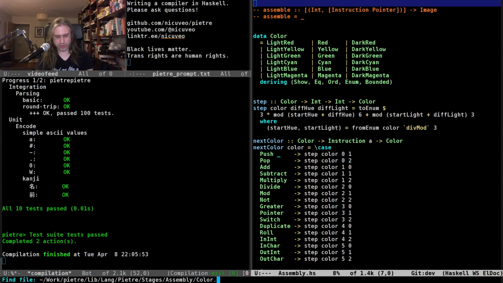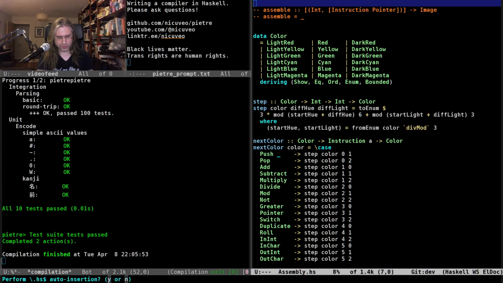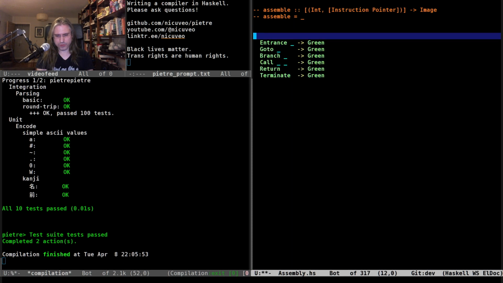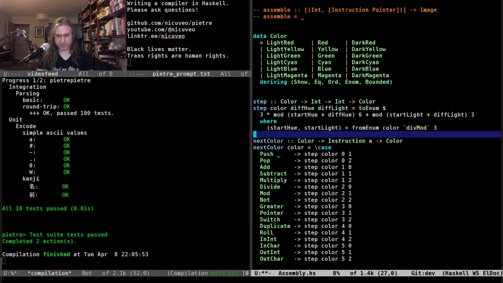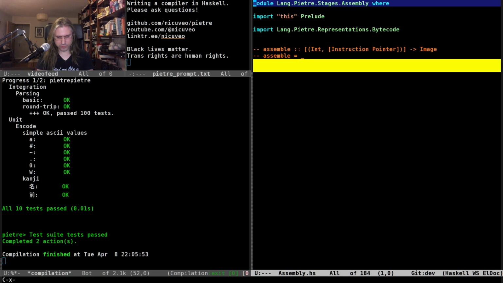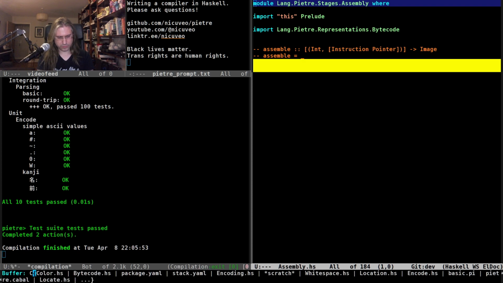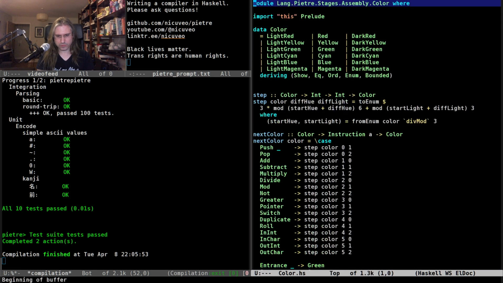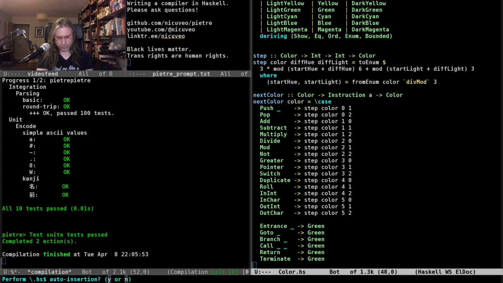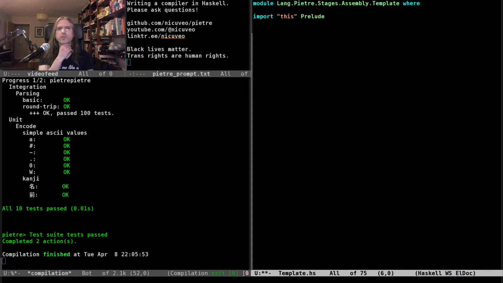So first we're going to make a color module, which is going to get all of those functions. Then we can make a template file in which we're going to do this translation thing.